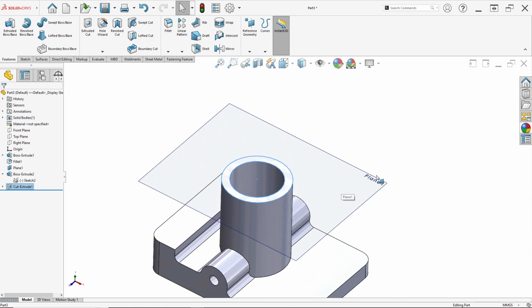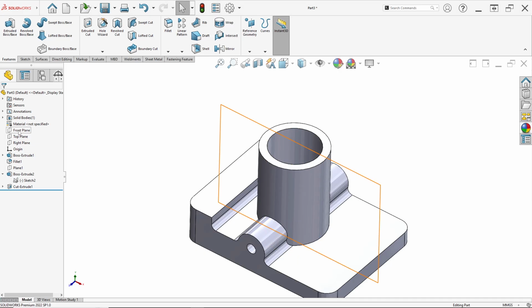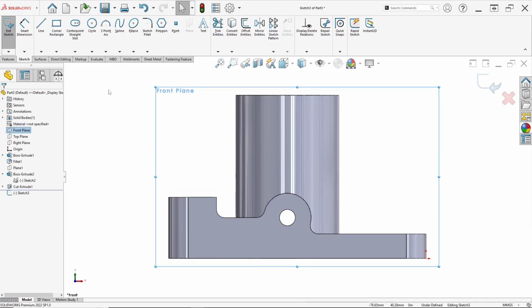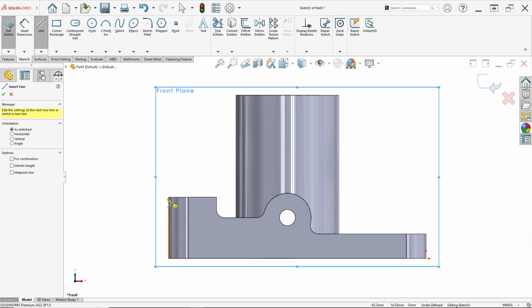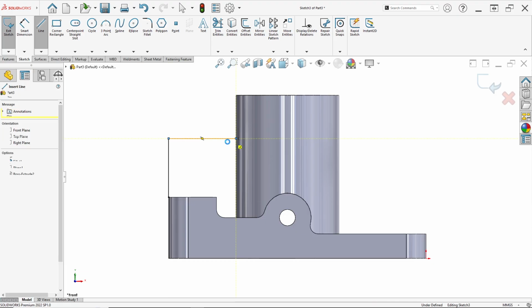We can hide this plane: right click and click hide. Then we can make a rib here, with a thickness of 15. So right click on the front plane and click sketch, select line and draw from this to the top and to this edge.